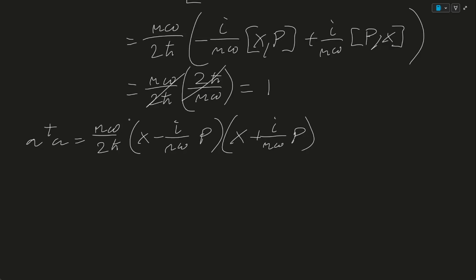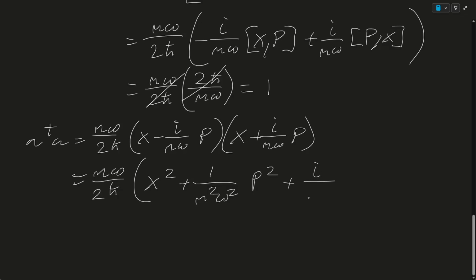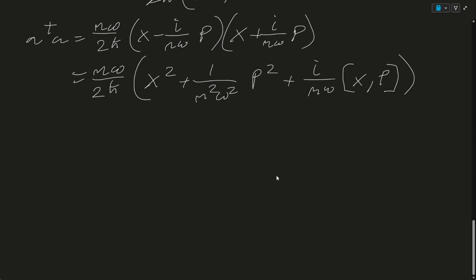They're very useful. We can expand, of course. I'll let you work out what that is. It is in fact x squared plus 1 over m squared omega squared p squared plus i over m omega, and we're going to have this xp, which comes from our derivations up top,